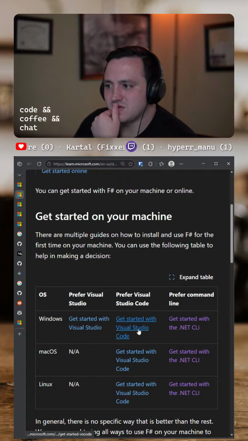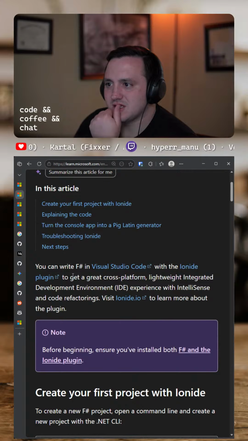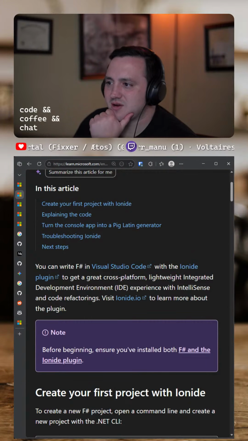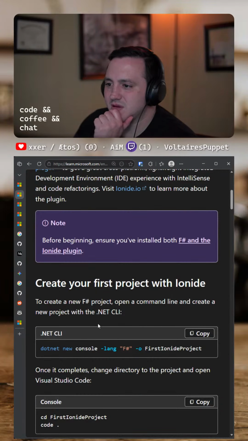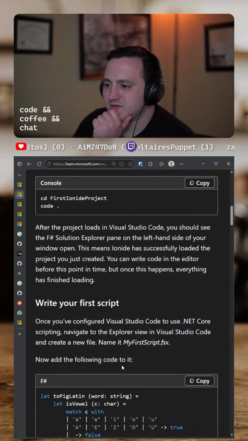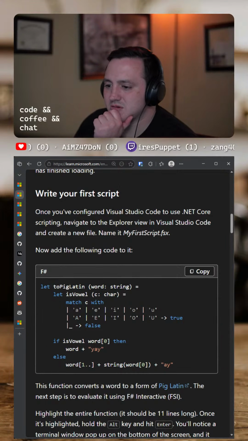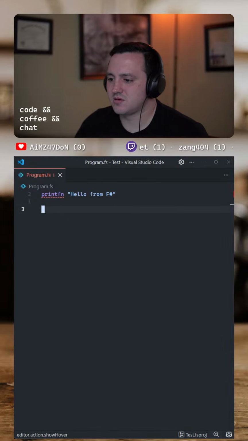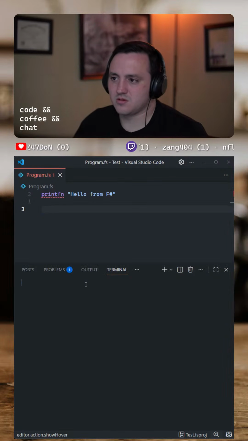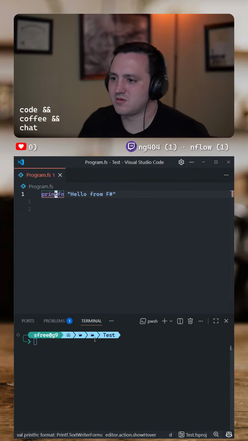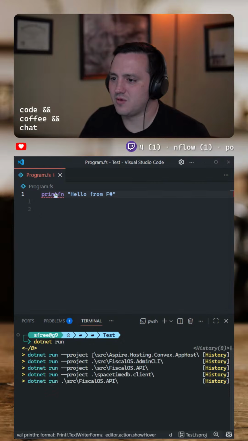Let's do Visual Studio Code. You can write C# and F# in Visual Studio Code with the Ionide plugin to get a great cross-platform lightweight experience with IntelliSense. Okay, I already installed that. dotnet new console, I've run that. Write your first script. Okay. I don't know why this is angry though. So if I do dotnet run,